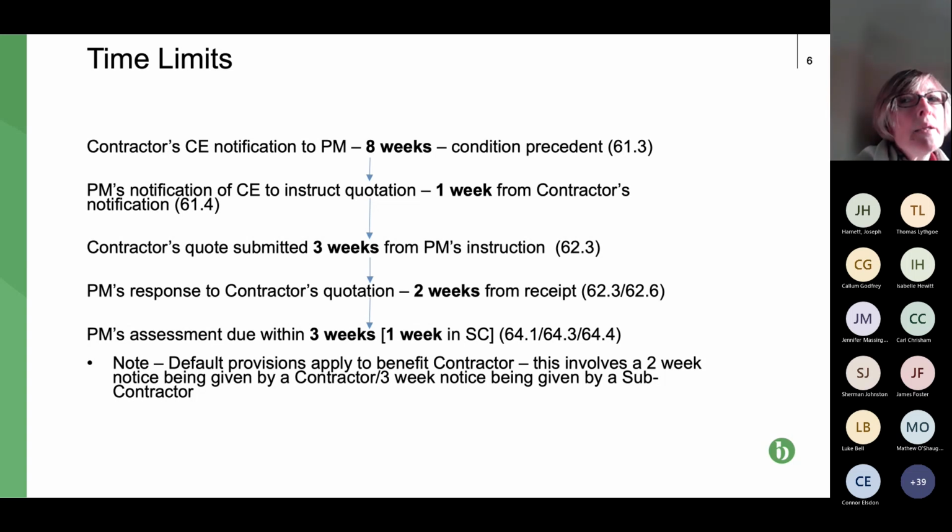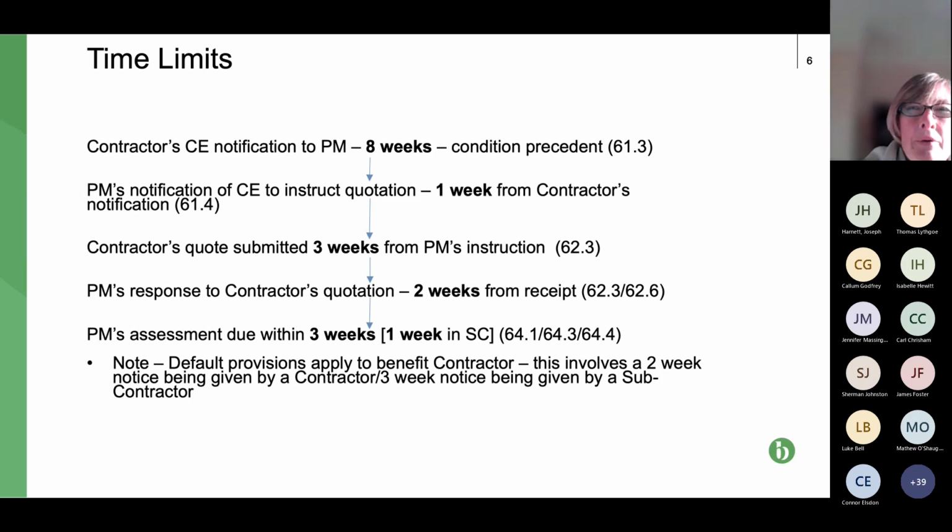Now, that is really, really valuable. It means that if the client, the employer, doesn't make payment for that CE, contractor can proceed very, very quickly to adjudication based on this simple premise that project manager is deemed to have accepted the quote and therefore that the money should be paid. So do operate that, but remember, it's not just these time limits that the PM has to comply with. The contractor's got to always send that second notice.